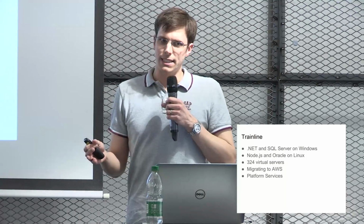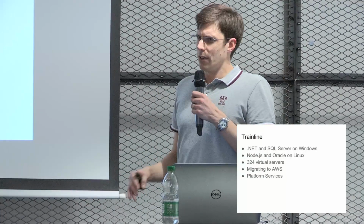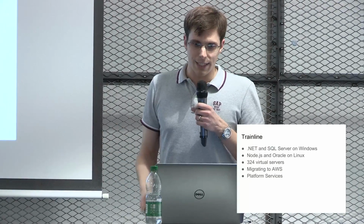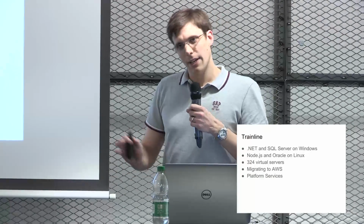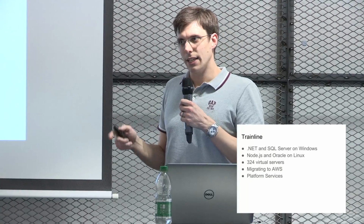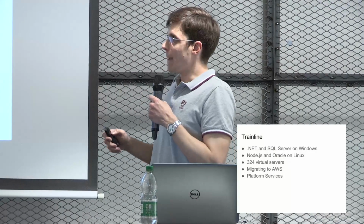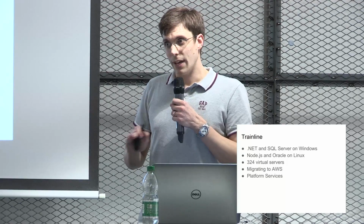So the current data center that we're hosting is going to be decommissioned fairly soon. So we've got quite a big incentive to try and shift everything somewhere else. And the architectural decision was, let's go for AWS. We wanted to go with a cloud provider, and that's the cloud provider that met most of our requirements and would provide us with a fairly smooth